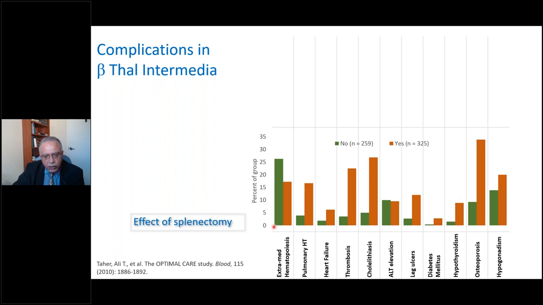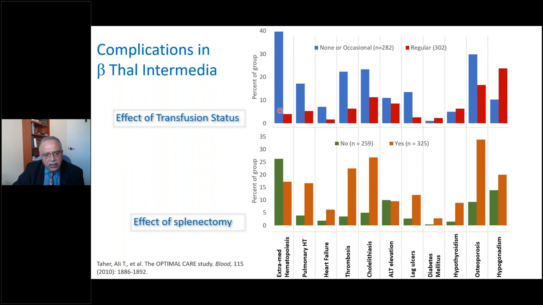Now, in this group of patients, there were some who were considered to be symptomatic and got started on transfusions. So what was the impact of starting transfusions on long-term complications? That is illustrated here. These are patients with NTD who were deemed severe enough to require transfusions. In red are patients who were on regular transfusions, and in blue are those who were not given regular transfusions. And the rate of all of the complications is considerably lower if regular transfusion therapy is instituted.